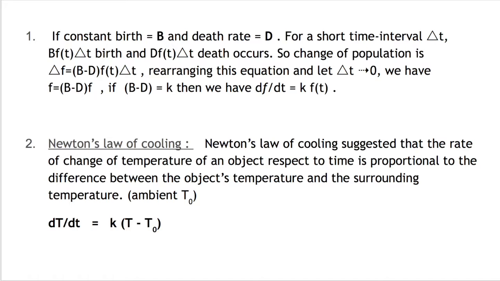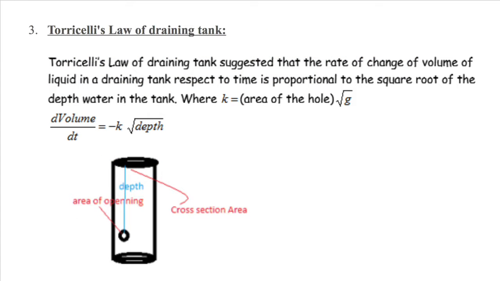The second application is Newton's law of cooling. This law suggests that the rate of change of temperature of an object with respect to time is proportional to the difference between the object's temperature and the surrounding temperature. The third application is Torricelli's law of a draining tank. It suggests that the rate of change of volume of liquid in a draining tank, with respect to time, is proportional to the square root of the depth of water in the tank. Here, K is equal to the area of the hole multiplied by radical g. The figure shown depicts the variables in the equation, which are the area of the hole, the cross-section area, and the depth. Here, we need to pay attention to the depth, which is measured from the top of the water till the